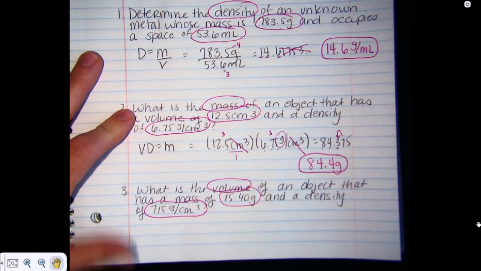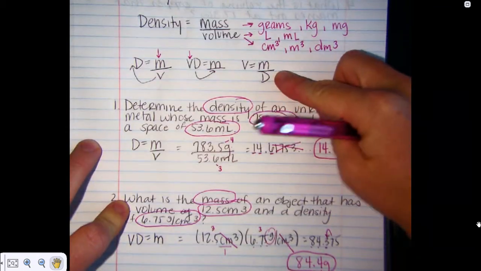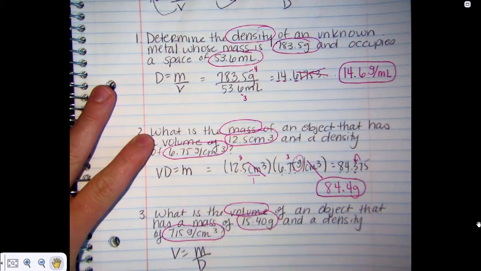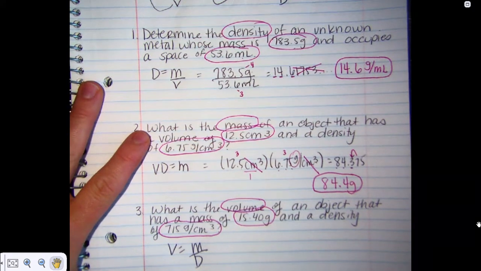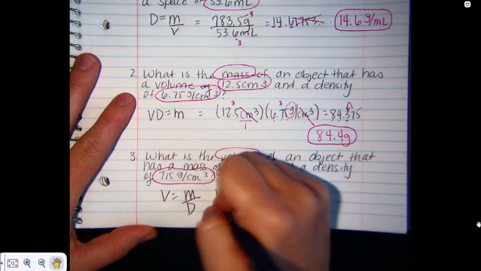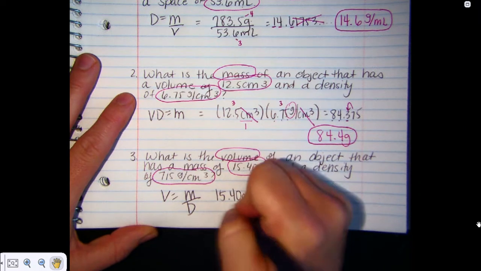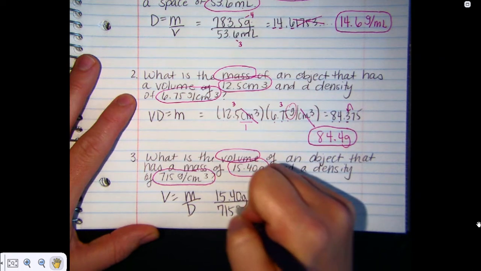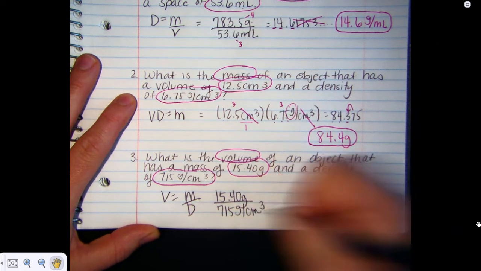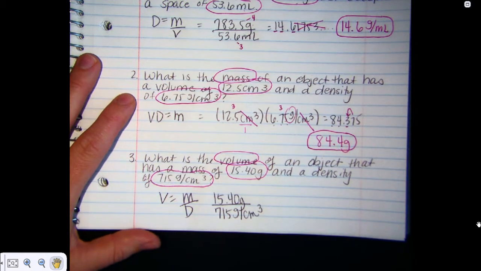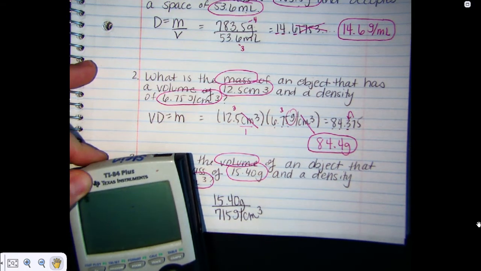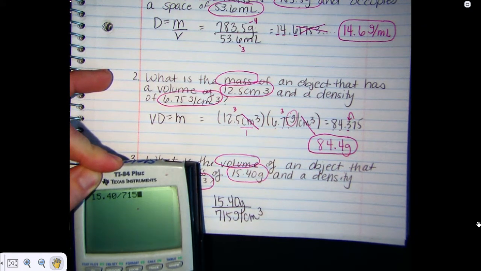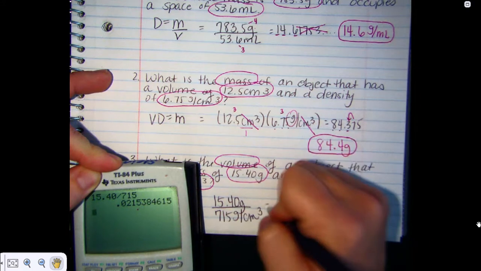So this time I'm being asked to solve for volume. So volume is mass over density is going to be my formula. So I'm going to plug in my mass on the top there, 15.40 grams over my density of 715 grams per centimeter cubed. And when I go to my trusty calculator, 15.40 divided by 715 is going to give me